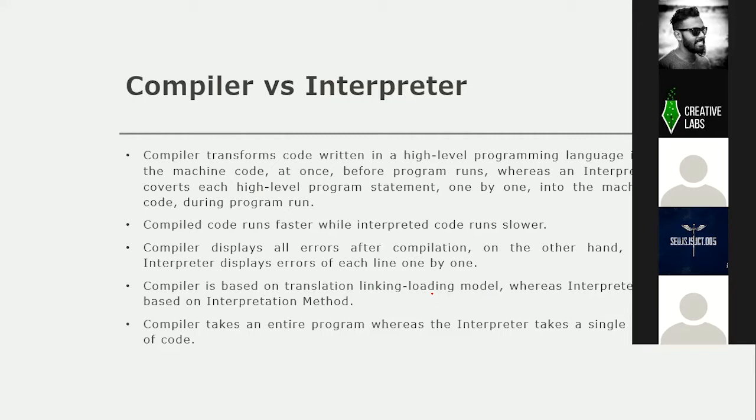Nowadays, are we using an interpreter or a compiler? We are using both. Java, for example, uses a compiler, but Python, PHP, and even JavaScript are based on an interpreter. What happens when you compile Java code? Are you familiar with Java? Yeah, sir.